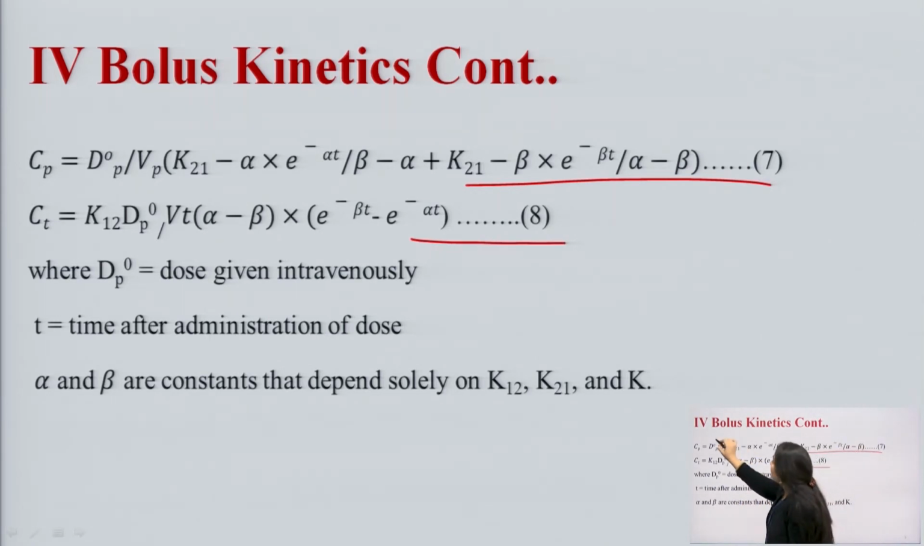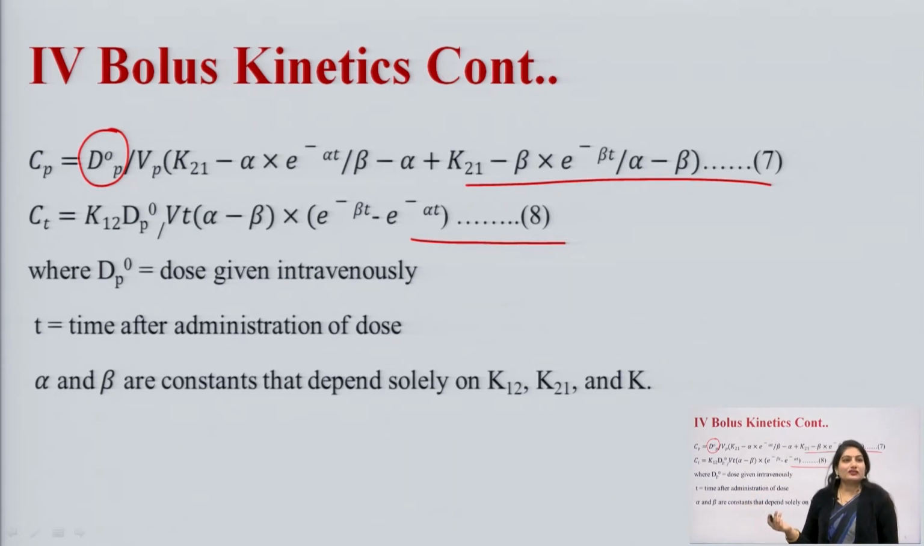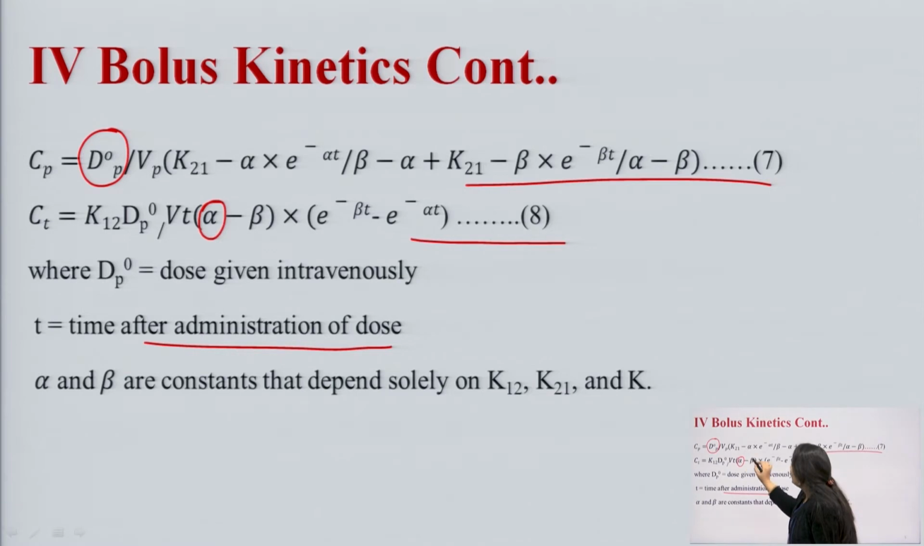Now, what is this term D0p? This D0p is the dose that is given intravenously, because we are talking about IV bolus kinetics. So, we are representing the dose by D0p, that is, we have given the dose intravenously. Now, t is the time after administration of the dose, and these alpha and beta are the constants